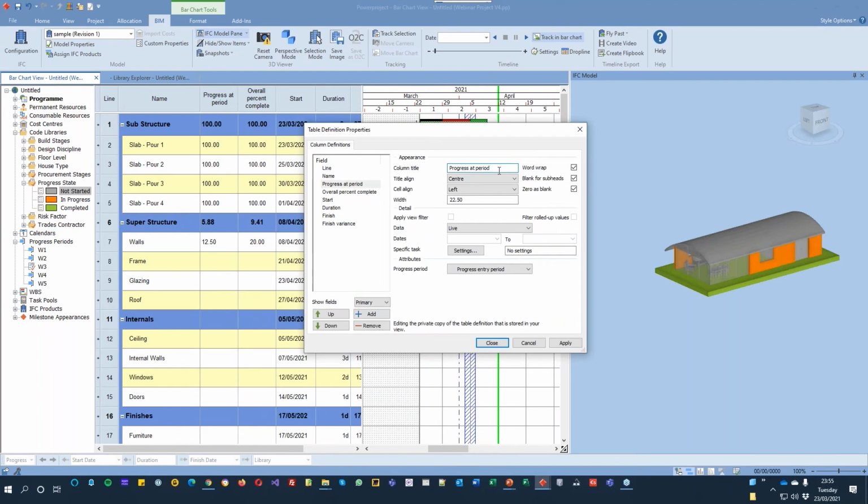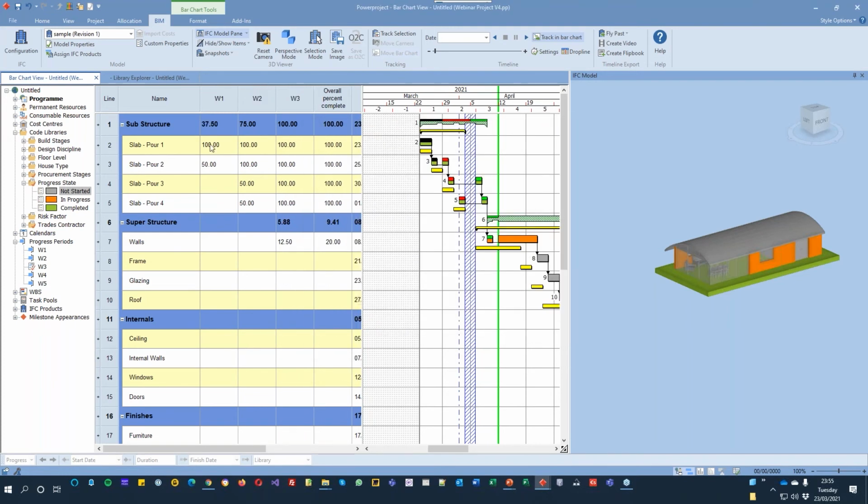I can say progress at week 1 in here, and set that progress column to week 1. Let's add another one in, set that at week 2. Add another one and say week 3, just so you can see this. So in here, this now shows me how much progress I did each line. So each progress line I moved to, week by week, and you can see the progress as it